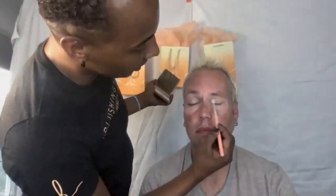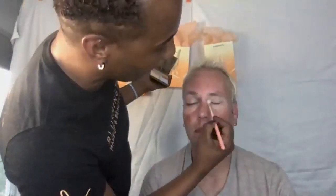Now I'm going to use the setting powder on top of it. Why are we setting it? Because we want a smooth application. We don't want the eyeshadow to sit blotchy and be hard to blend. The key to a good makeup application is to blend. Blending is the key. So now that he's nice and set, I'm using the Bedallion brush,